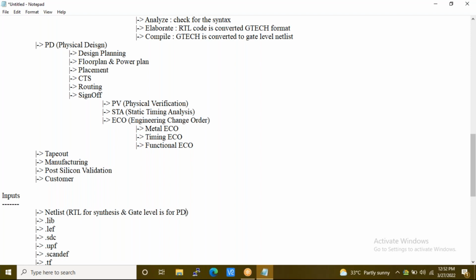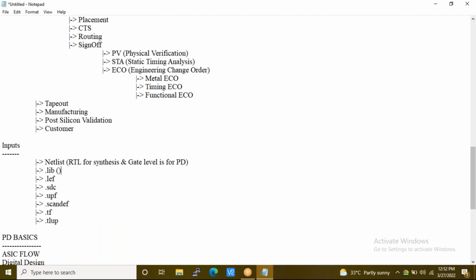Okay, next, the lib or Liberty file. We can also call it the library file, or logical library file. The information it holds is timing, power, and area information.